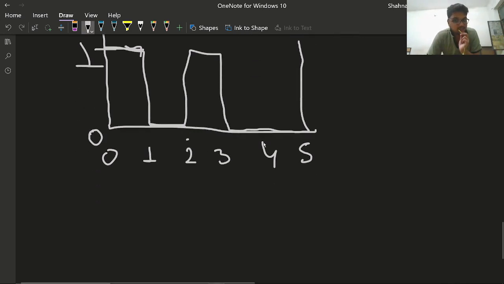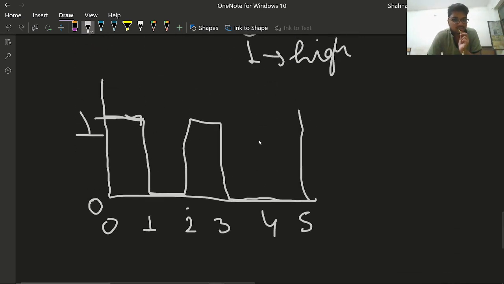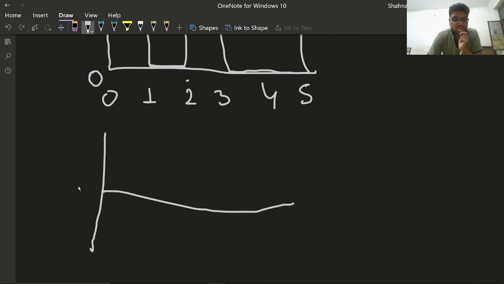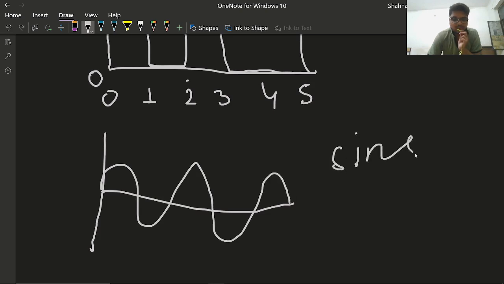And what do electric gadgets generally use, like our bulbs and motors and chargers? All these are using analog signals. In an analog signal, this waveform is formed. What is this waveform? The sine waveform. I think you know about the sine.